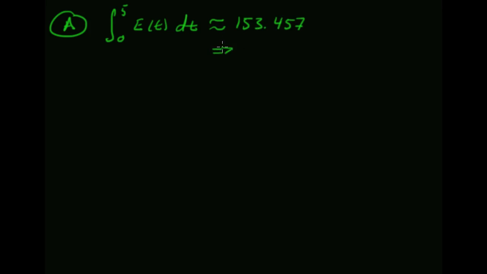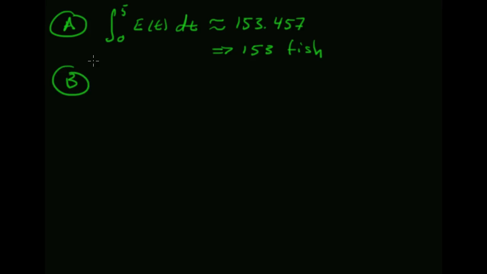The first one asks how many fish enter over a 5-hour period from t equals 0 to t equals 5. Give the number as a whole number. This is just an accumulation problem, so you're going to take the integral from 0 to 5 of the entering equation E of t dt. When you put that into the calculator, it comes out as approximately 153.457. So to the nearest whole number, this is 153